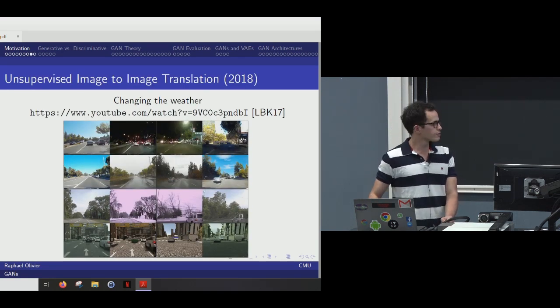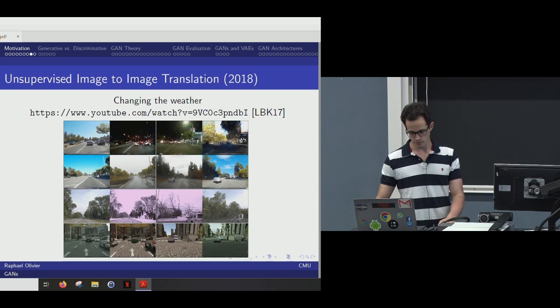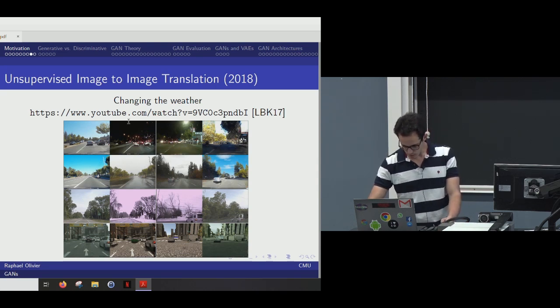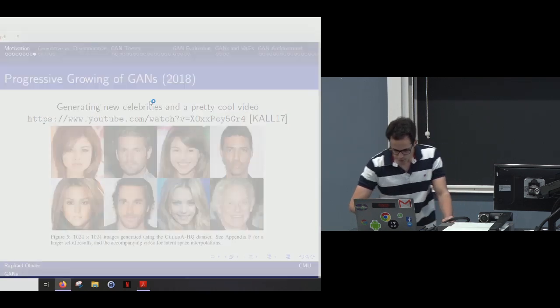Similarly, you can use them for style transfer. You can take images from day and turn them to night. You can take sunny weather and turn it into snowy or rainy weather, etc. I'm not going to play that video, but I'm going to play another one. Another cool thing you can do in the area of understanding